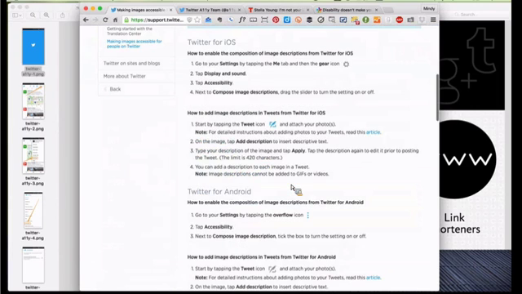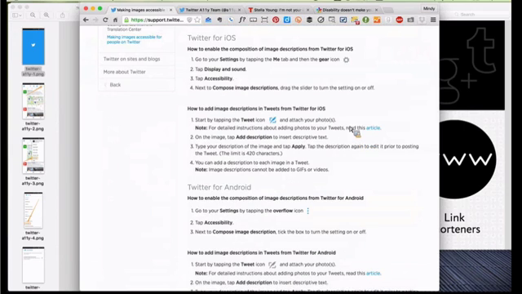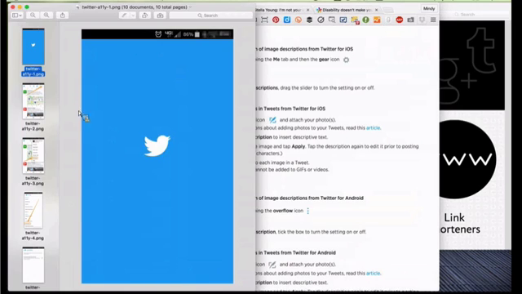I have an Android phone, so I'm not going to go over how to turn on the ability to add image descriptions on iOS. I'm going to go through the Android one, but it's very similar in iOS. If you have any questions about that, I'm sure Louise can help you through turning on image descriptions on your iOS device. So the first thing you do is you open your Twitter